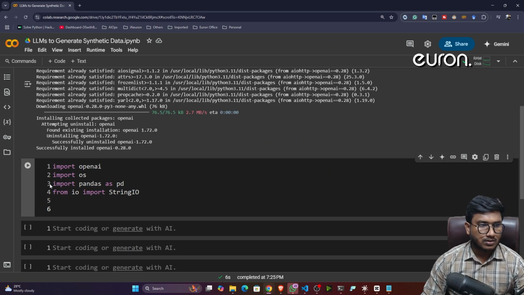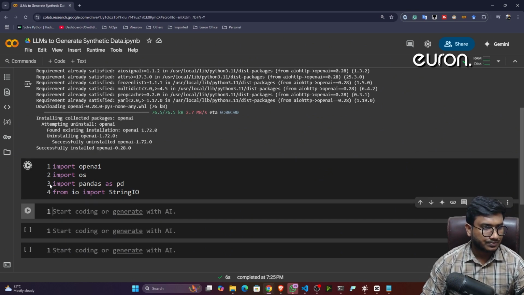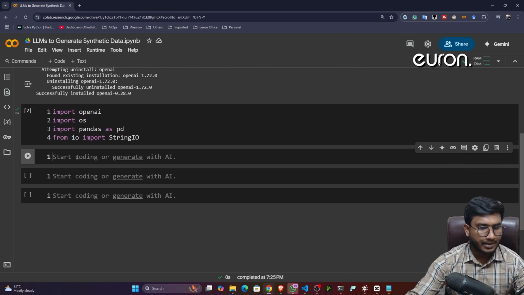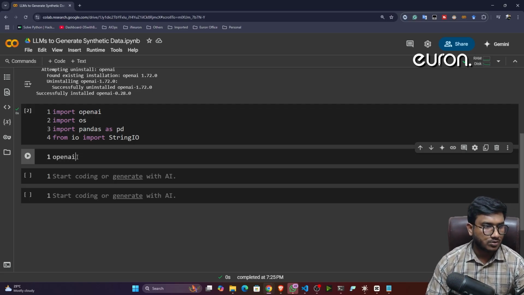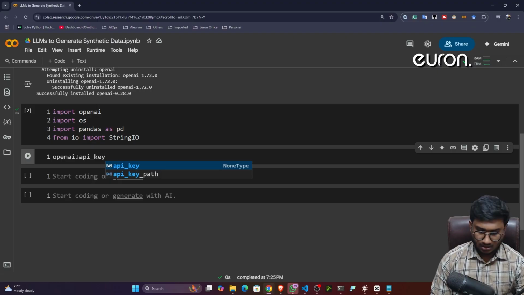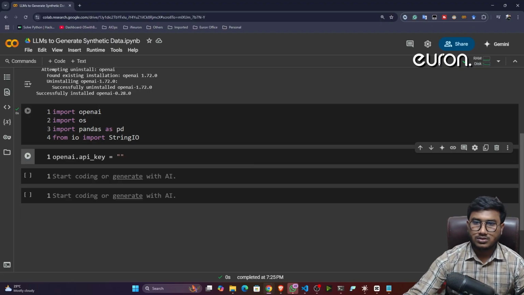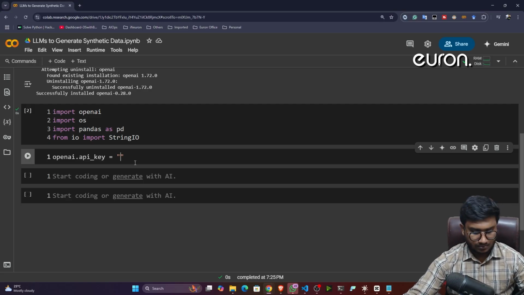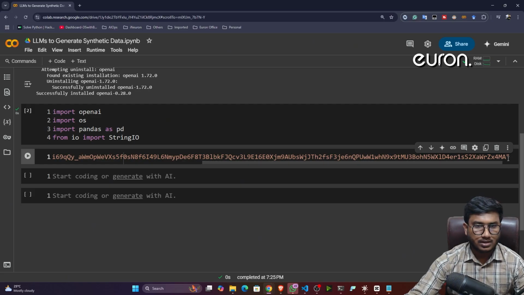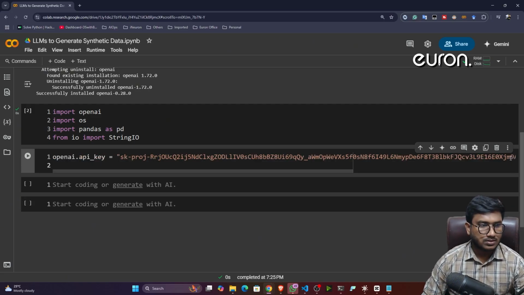Okay. So now what I will do, guys, I'm going to set my OpenAI API key. For this, just write OPENAI_API_KEY is equal to. So let me pass my API key, guys. Yeah, so this is my API key, you can see. So once my API key is set,